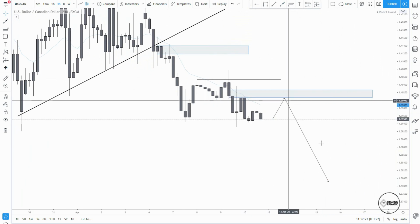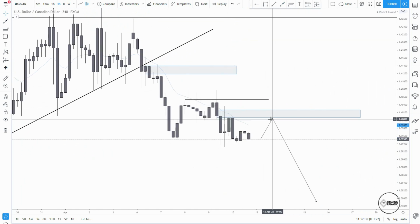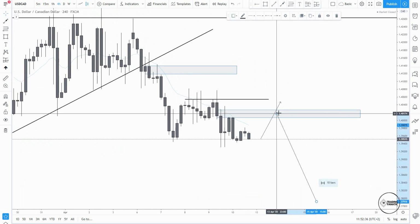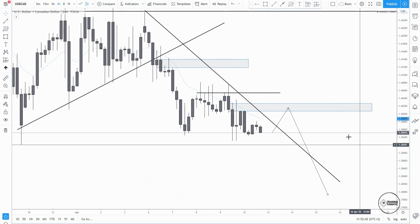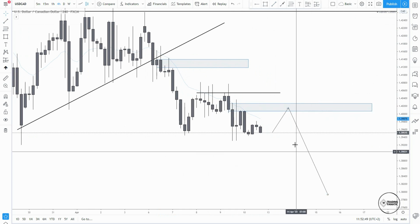So a pullback, sells, but this largely depends on the dollar, because keep in mind that even on UJ we might see something like a break above, pull back for a higher low, and then a reversal to the upside. But for now, I will be keeping with the trend because it's clearly down. If I draw a trend line, which I don't usually do, it will look something like this, but which doesn't look good to me. So I will just wait for a lower high and then a continuation to the downside